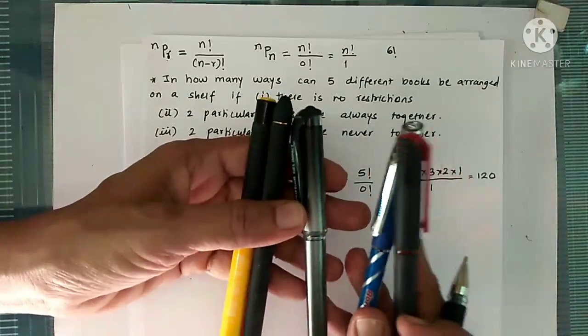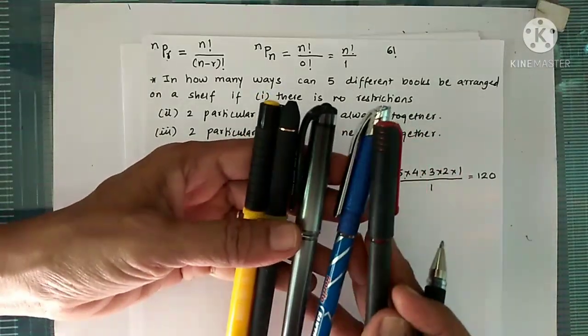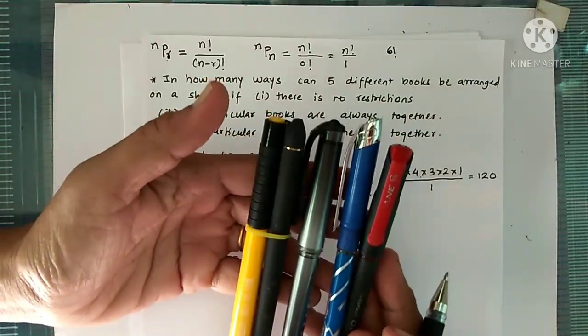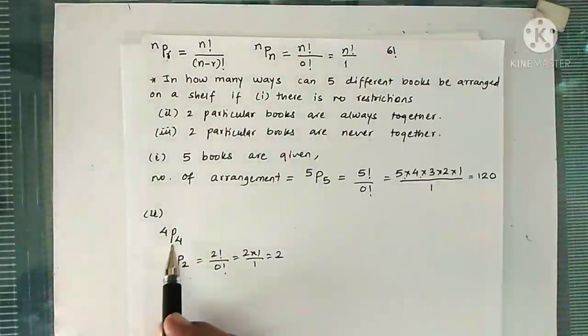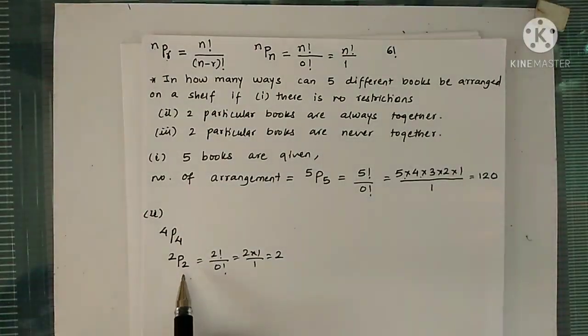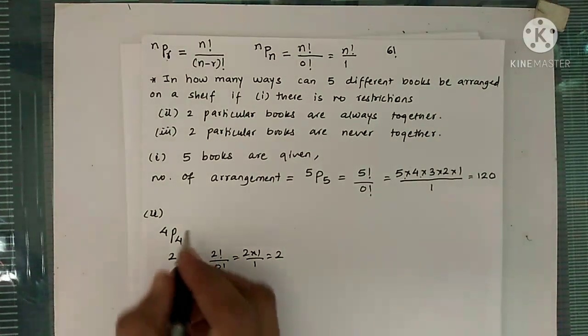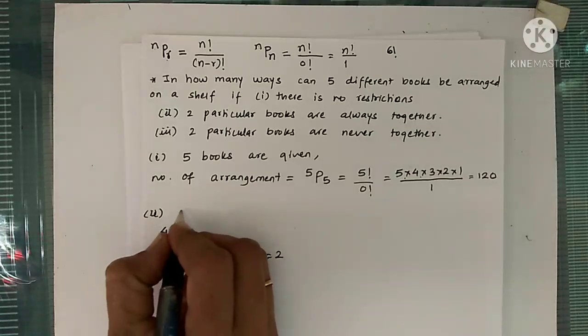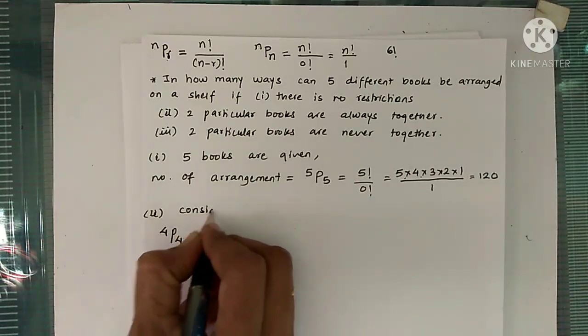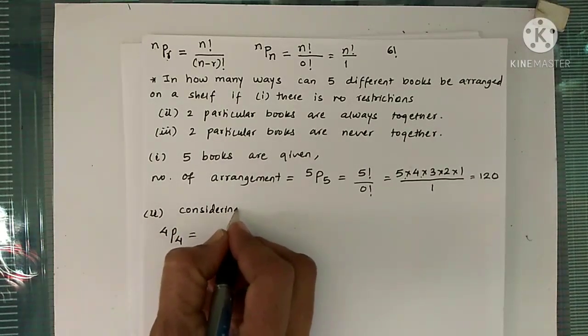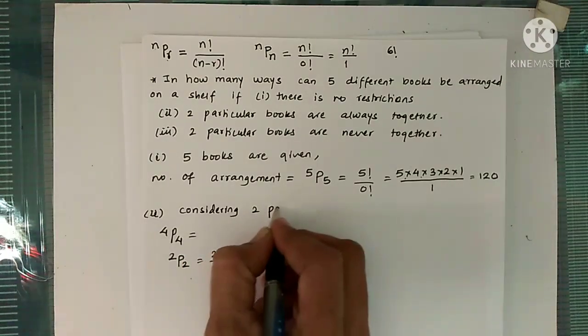So we have 3 different objects plus one big object. So in total we have 4 objects which can be arranged in 4p4 ways, and those 2 objects among themselves can be arranged in 2 factorial ways. So let's write that. Considering 2 particular books as one object,